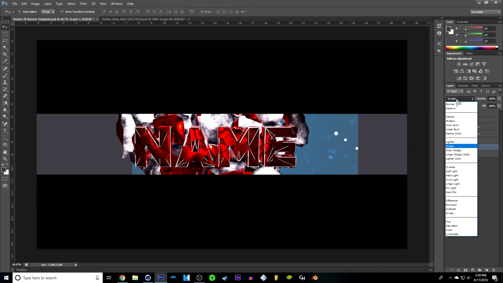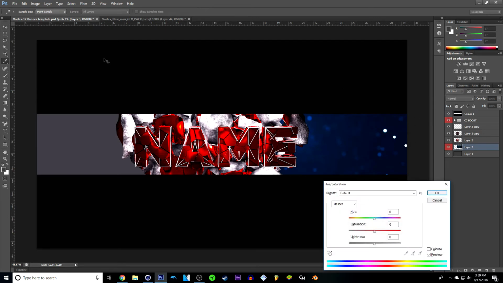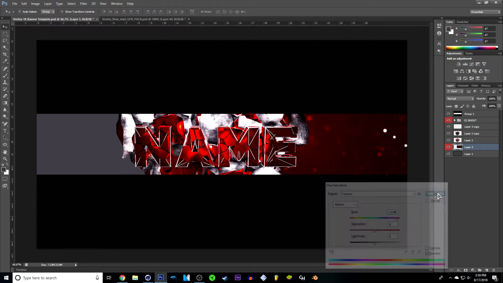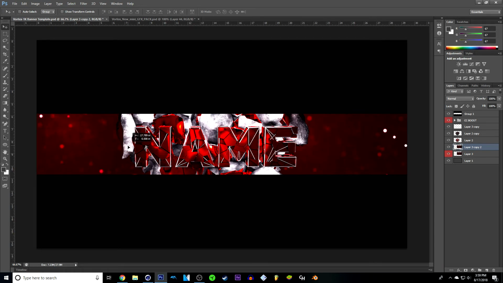And I'm just gonna actually put this on normal. I'm gonna put this on red, so just move it over and hit Control U, make sure you're selected on the layer, of course, and I'm just gonna move it until it's like a nice red. Alright, so that's looking nice. So I'm just gonna click OK and then hit Control J to duplicate that layer, and then go ahead and just move it to the other side. And then again, I'm just gonna select them both, right click and merge layers, so it's just all one layer,